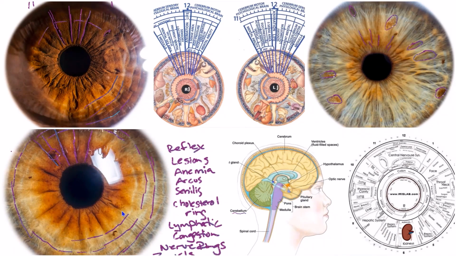After we take a look at the brain zones, we're going to be looking at some of the signs that we may find in the iris, indicating different levels of health and vitality within the head and brain area. Before we get started, I have a brief quote from Bernard Jensen, and he says,